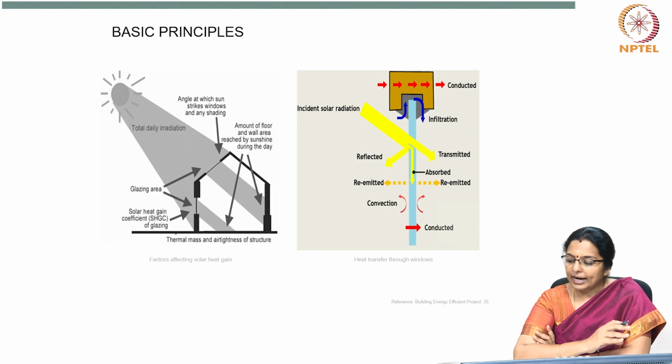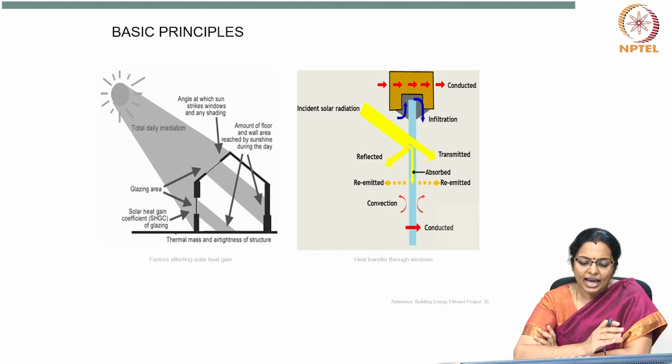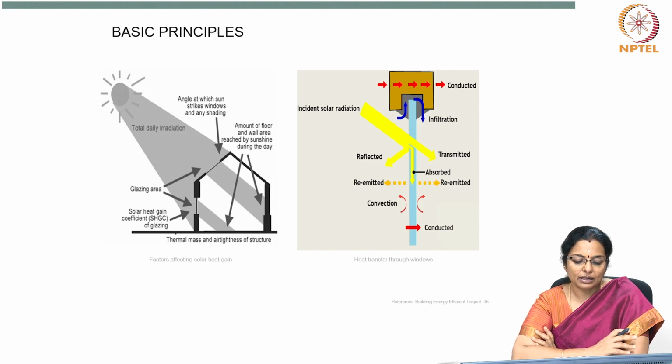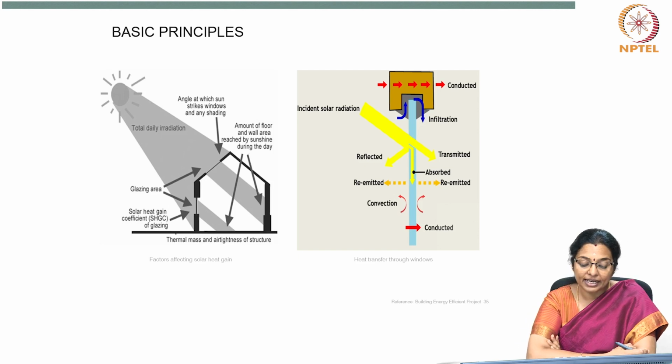Now, if you look at the thermal mass and air tightness, the angle at which the sun strikes windows and any shading becomes important, because based on that you will be providing either glazing or openings. You should use appropriate glazing of solar heat gain coefficient, which is correct. The amount of floor and wall area reached by sunshine during the day is very important in designing for gaining